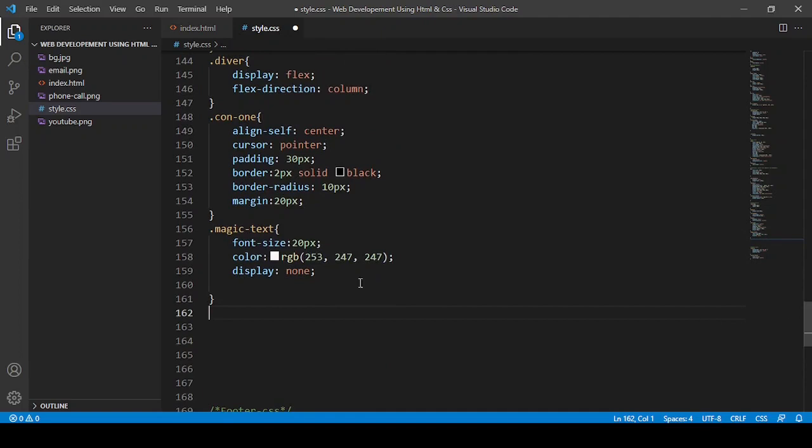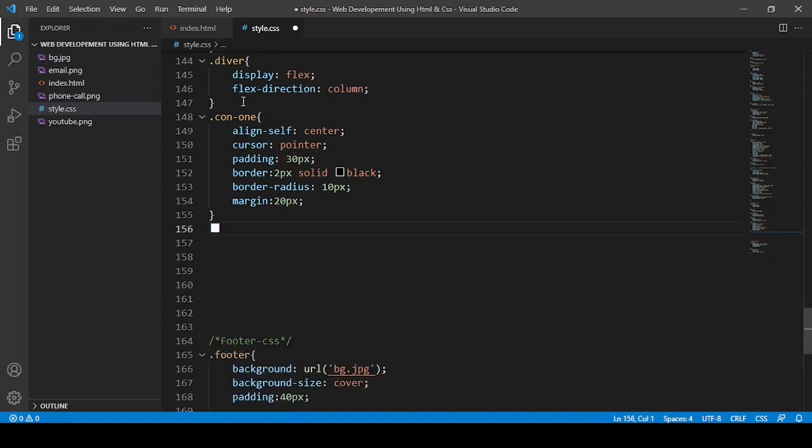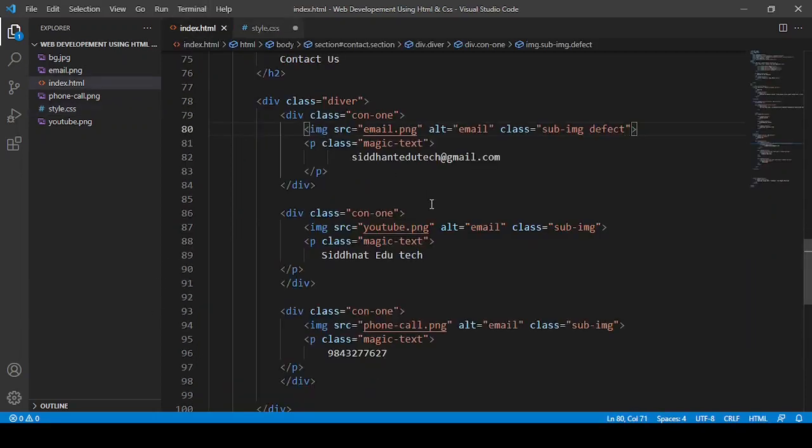Now I'm going to use one trick, and I'm going to just use this all here. And here I will just remove this magic text from here. I do not want any magic now.